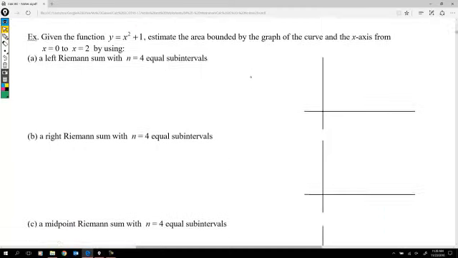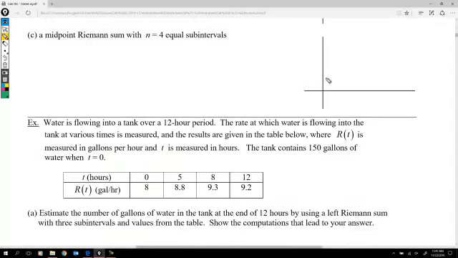Okay, so let's move on to midpoint. Okay, so I draw the same picture, my curve. Okay, and this time I'm choosing my heights based on the midpoint. So between 0 and 0.5, I have a midpoint of 1/4, and so that's where my rectangle comes into play. Here my midpoint's at 3/4, here it's at 1.25, and then here it's